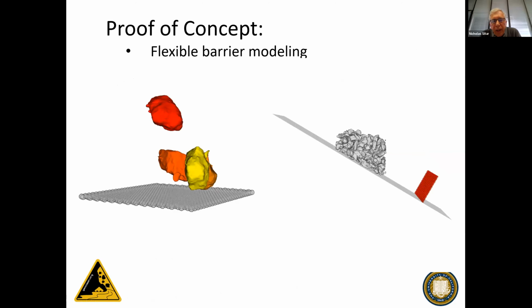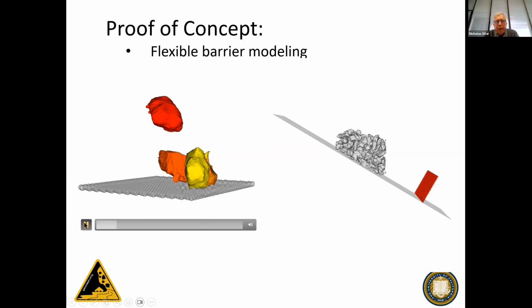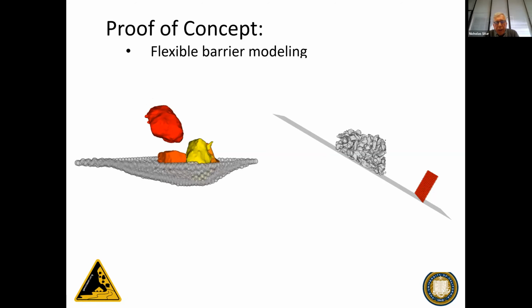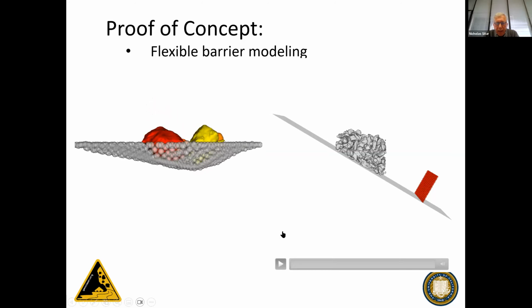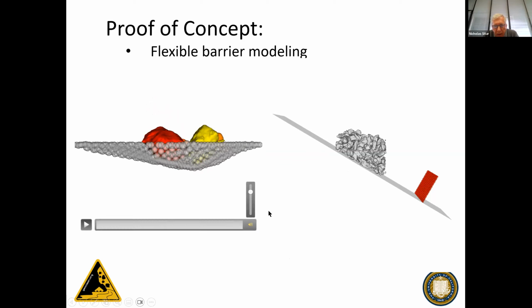The other problem is, can you put in a flexible barrier? And so let me show you, because ultimately, let me just get on this. Ultimately, you want to protect a structure, usually a roadway, but maybe another structure. And so this shows a bunch of particles falling into a net, which, by the way, I many years ago saw a demonstration like this with a car underneath the net, and it worked. And so let me now, my mouse is a bit of a challenge here. Let me see if I can find it.